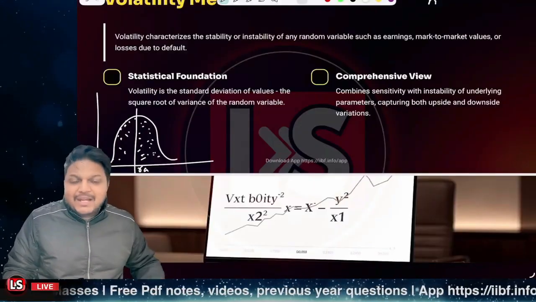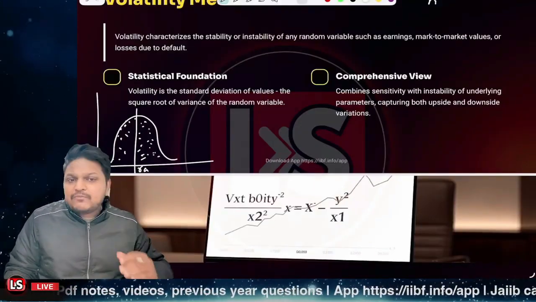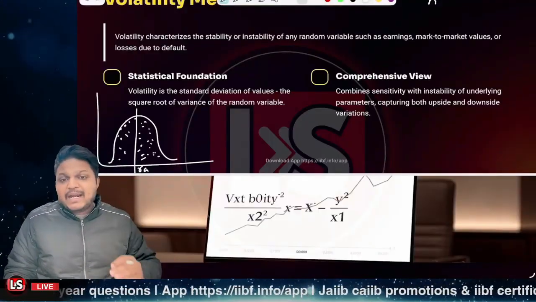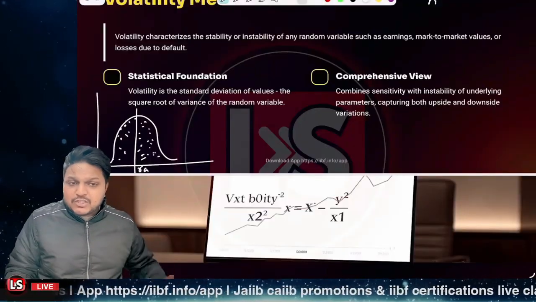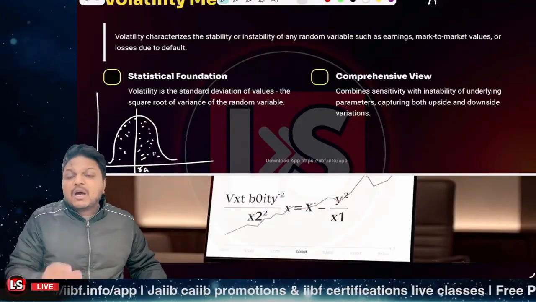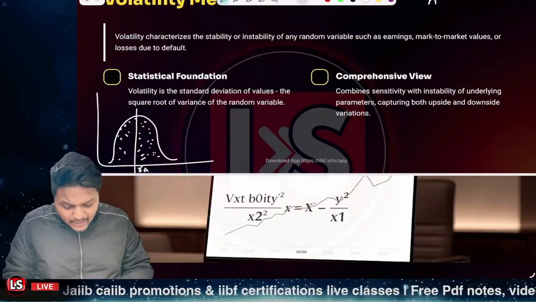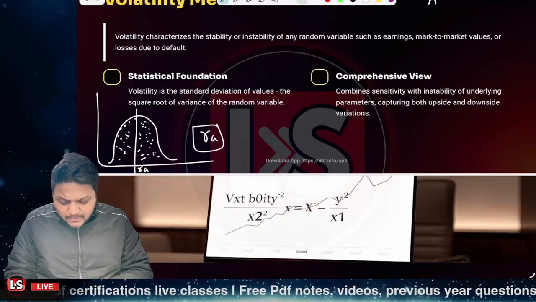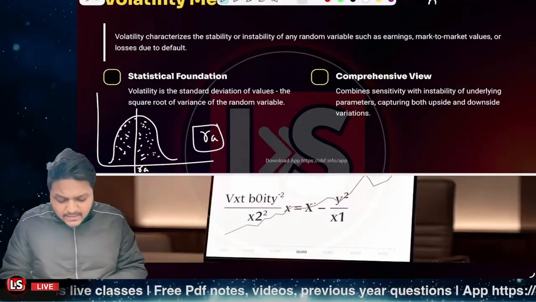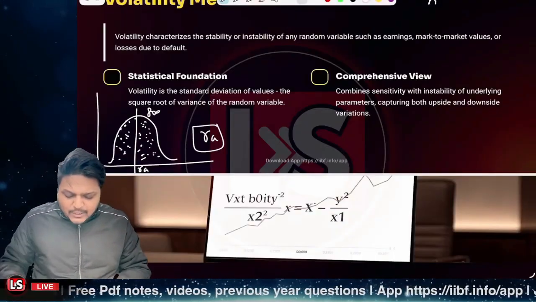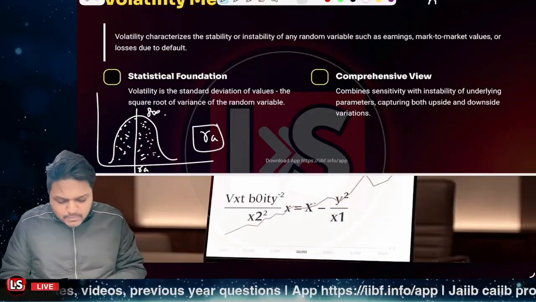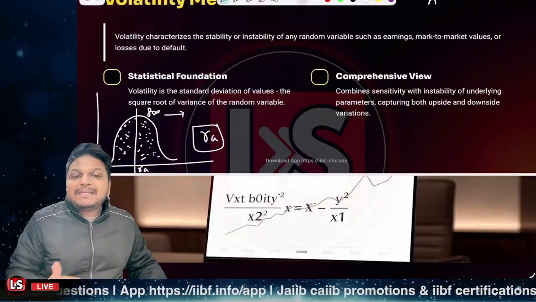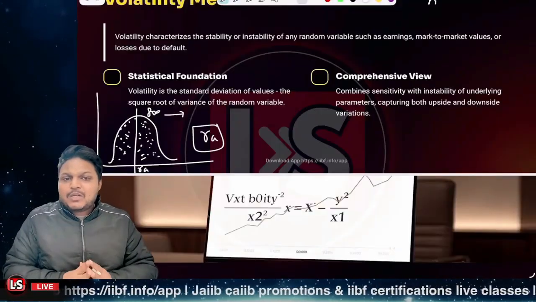I'm just telling you one thing: we are taking one single random variable and checking its value at different points in time. And if we have a common statistical measure, it will show some dispersion around the average value. So RA here represents the average value, and these points showcase the dispersion because these values are somewhat different. Let's say the average was 800. Some values might be below 800 and some above 800. When I draw the graph, it comes out like a bell-type structure. This is the dispersion.